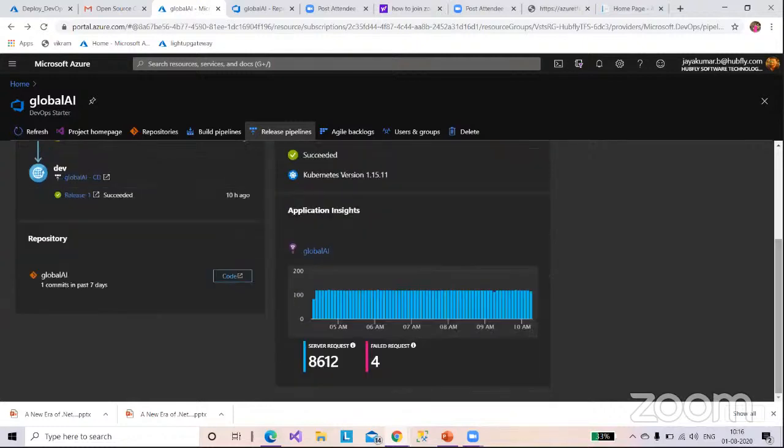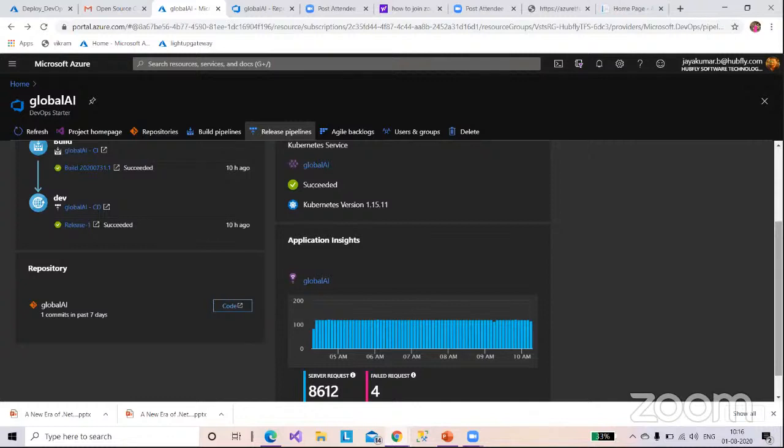Though it is a simple step, there are a lot of things we need to do when we are doing it from an on-premise environment. Getting the knowledge of Azure DevOps Starter makes us grow a lot in our DevOps platform, because it's a club of every activity we are going to perform on the other end, whether it is a DevOps end, a code end, or an on-premise end. So this helps developers as well as the operational team to work faster, with good feedback delivery from our customer end also. So Kelly, go through this. This is all about my session today.